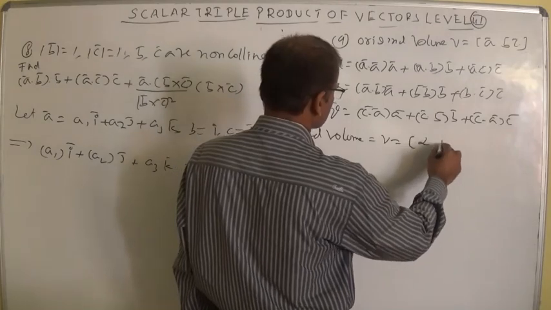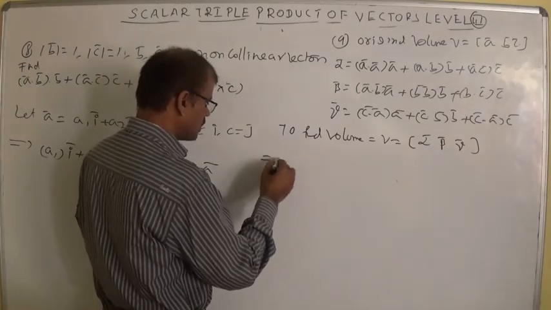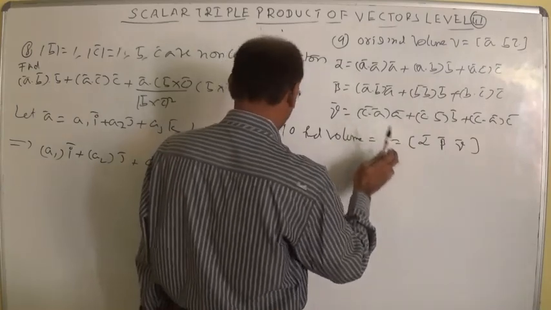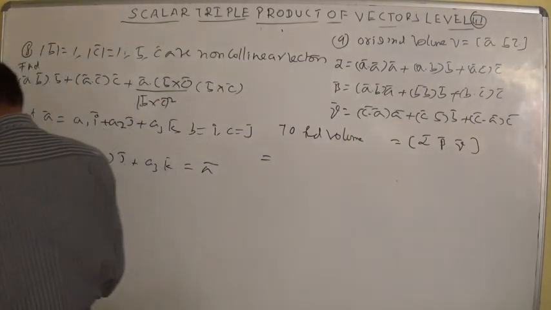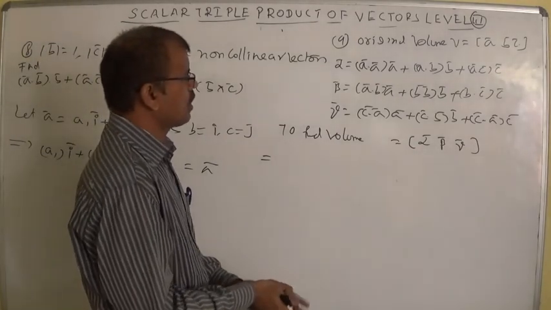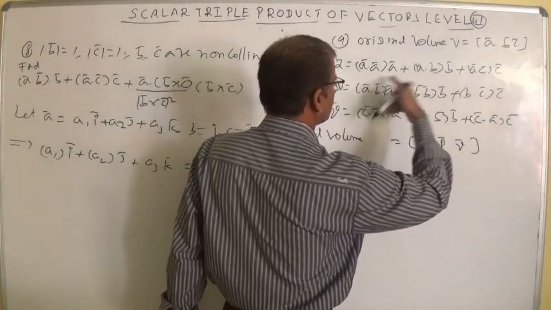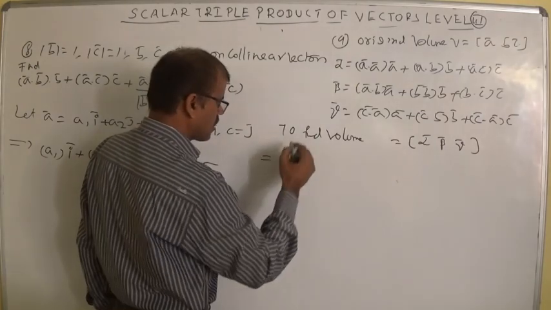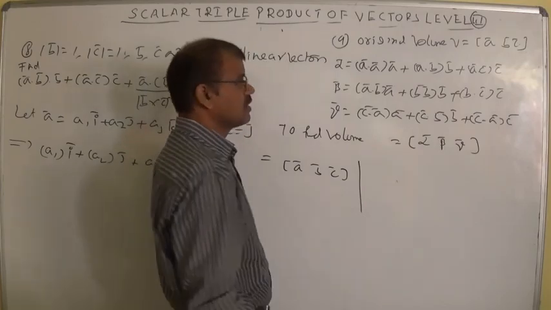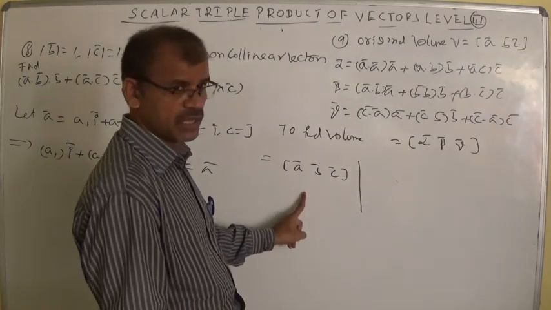use this box alpha beta gamma formula here. Here don't write simply volume, the letter may be changed. To find the volume, V is equal to box alpha bar, beta bar, gamma bar. For every letter in alpha, beta, gamma, A bar, B bar, C bar is there. I have said many times that these are coefficients or components of A bar, B bar, C bar. Then you take them common and you should write like this, ABC.